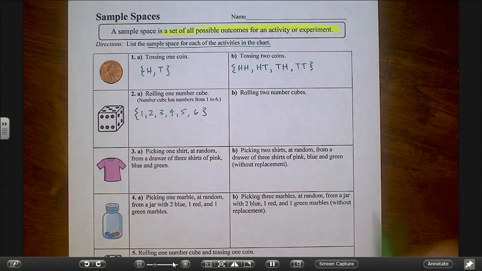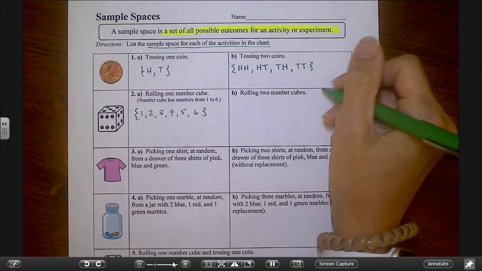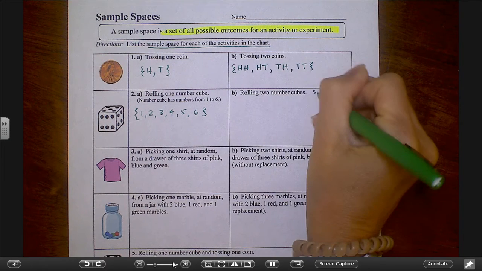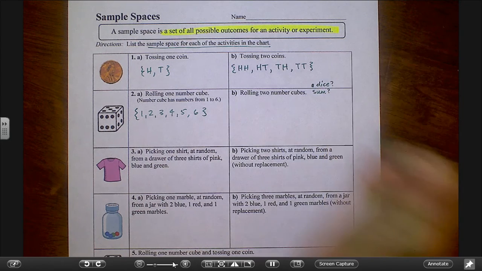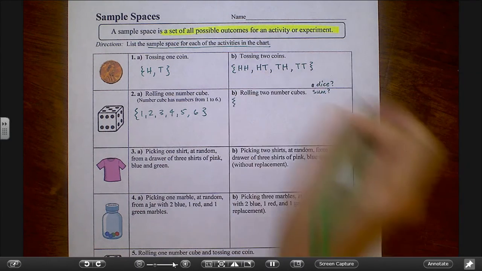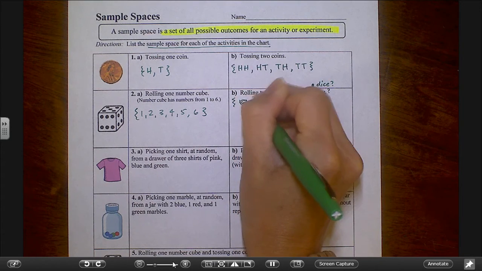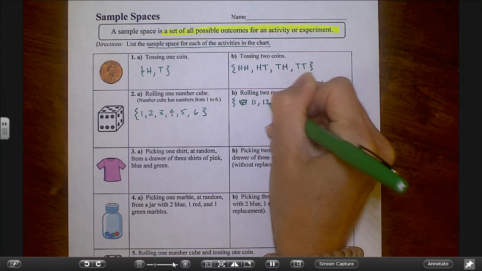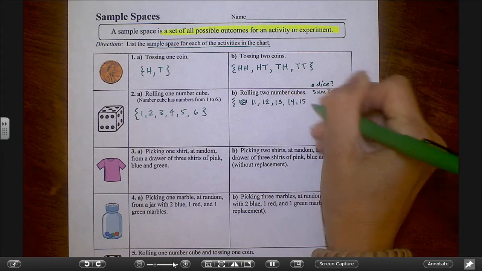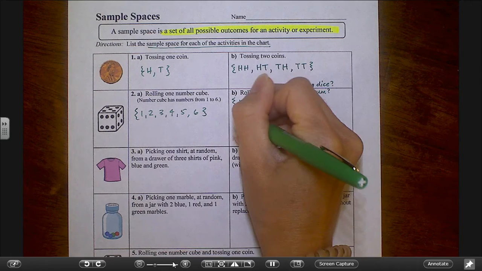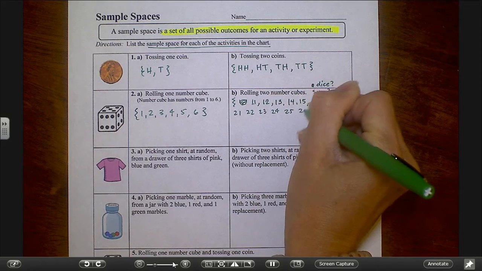Now, rolling two number cubes. I feel like they should be a little bit more clear here, because do they want the sum? Do they want which way the dice are facing, that kind of thing? Because if they want which way the dice are facing, oh my Lord. So you could have the first one land on 1, the second one land on 1. And then 1, 2. And then 1, 3. And then 1, 4. And then 1, 5. 1, 6. And then 2, 1, 2, 2, 2, 3, 2, 4, 2, 5, 2, 6, and so on and so on